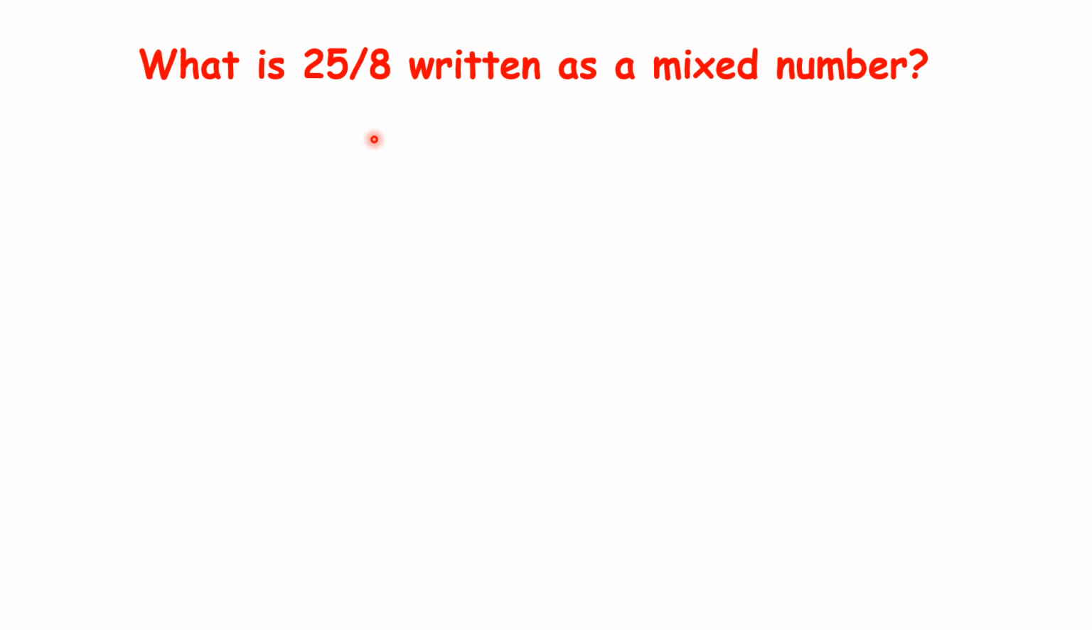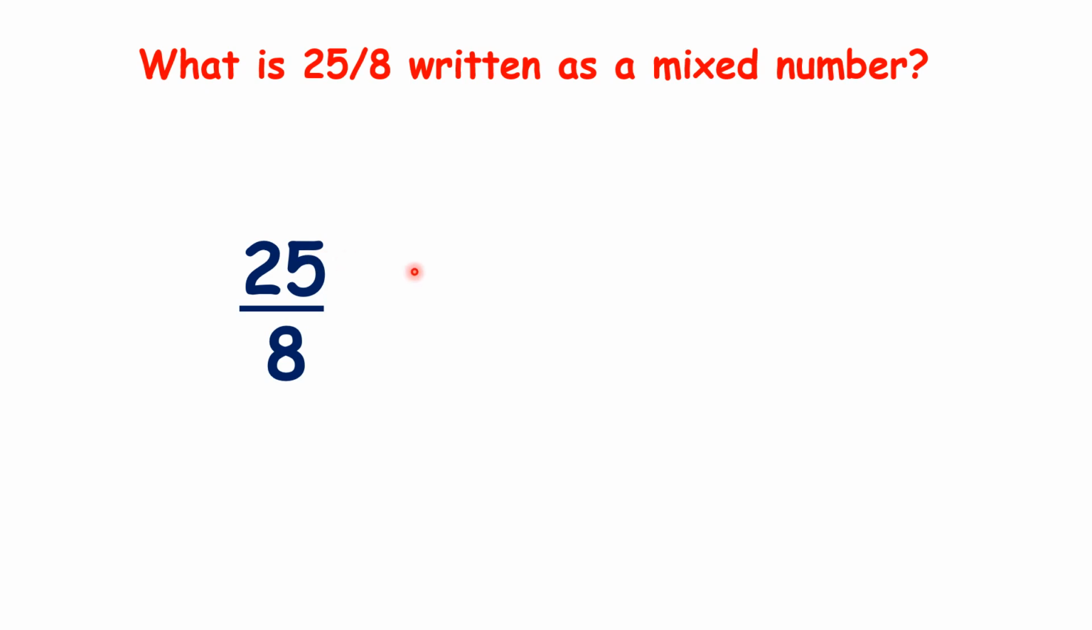Now here we have something different. We start with an improper fraction. So what is 25 over 8 or 25/8 written as a mixed number? Well, let's think about what 25 over 8 means. It means if we have, for example, rectangles, that each rectangle has been divided into 8 pieces, and we have